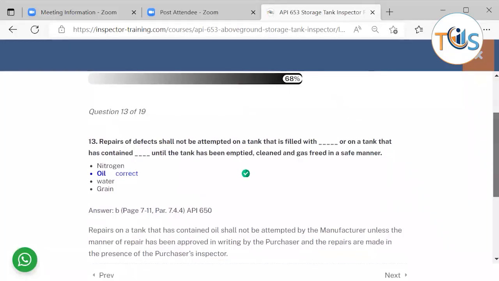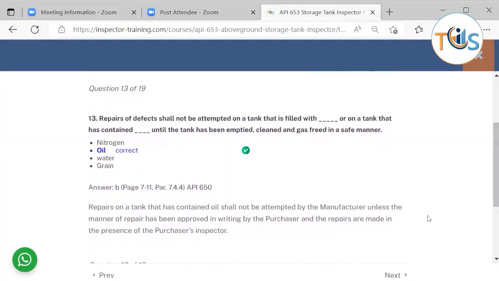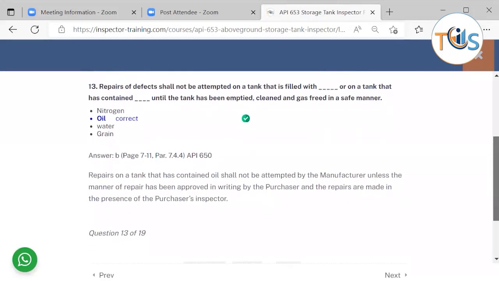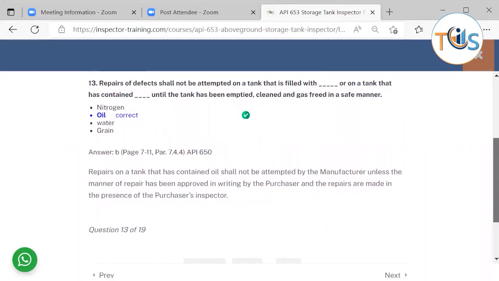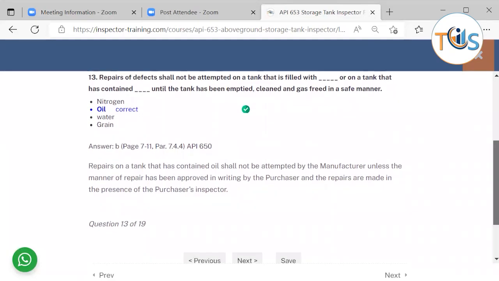Repairs of defects shall not be attempted on a tank that's filled with oil. This is an easy answer, it's common sense. I mean, oil is also covered in API 650. Nitrogen is an inert gas. It doesn't create any fire or explosion, same as water. Grain, same thing, it's not immediately catching fire. So oil here has high flammability and the weld should not be repaired while there is oil, but it should be cleaned and gas free, and then